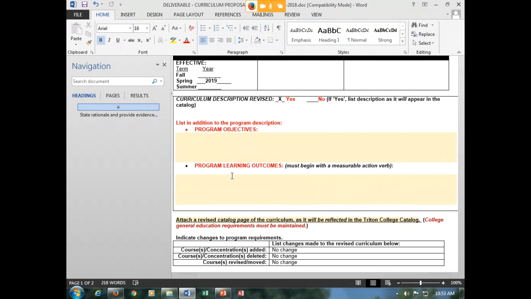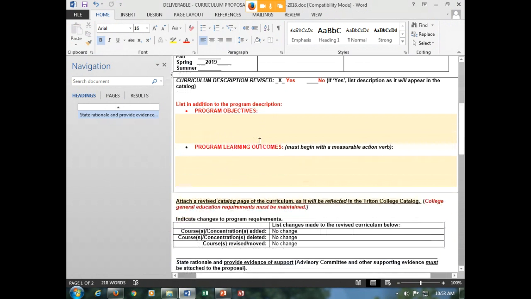Okay, so you can fill that out. If you have questions on filling this out, please let me know. It should be a lot of copying and pasting and filling out, except for where we have program learning outcomes. This is where we need those outcomes from you. All right, so use this as your end deliverable form.